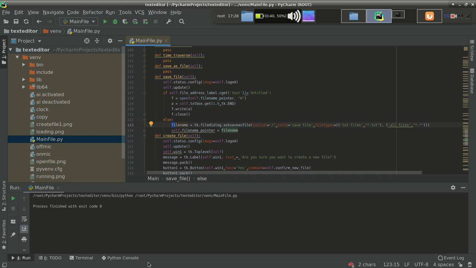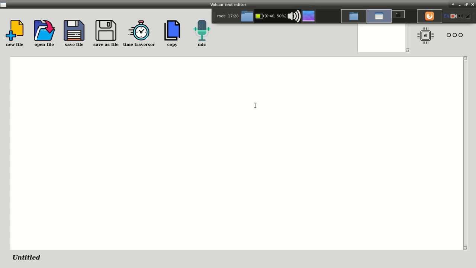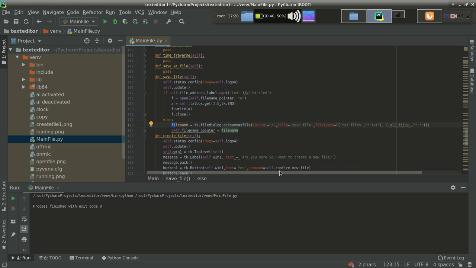File name pointer will carry the name of this untitled address. Let me show you this one. This untitled label's value will carry the file name pointer. So after saving the file, the new name should appear over here. That's why I am changing the file name pointer, because now the file name pointer has been changed and we have a new file.